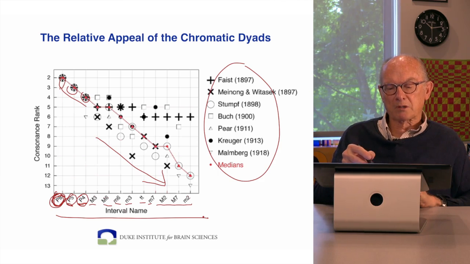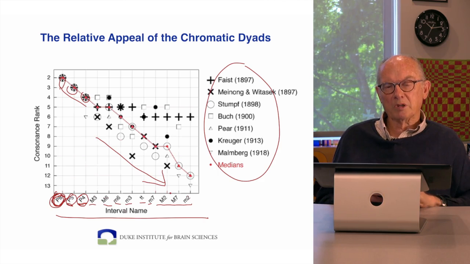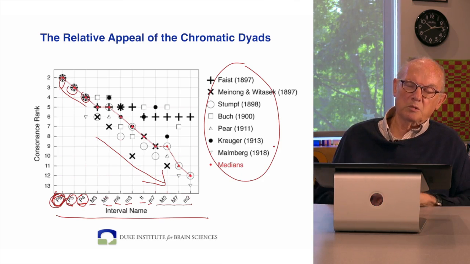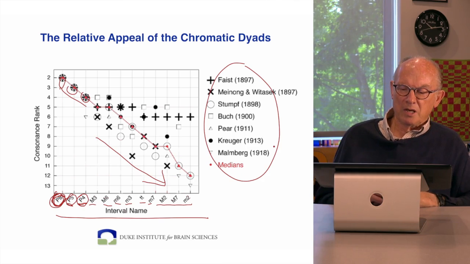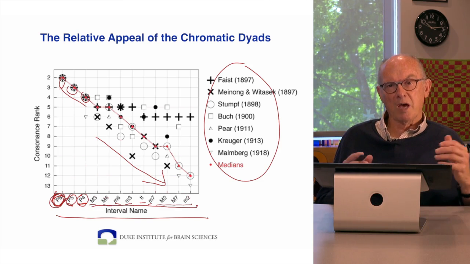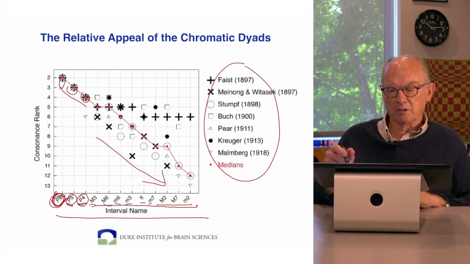But as you can see, it gets kind of murky in the more dissonant end of the studies that have sought to rank this. But it's generally the case that this ranking shown here is on average the ranking that in these different studies